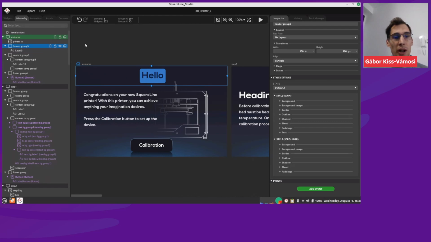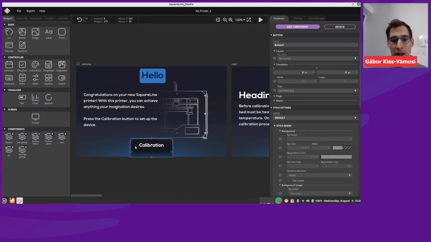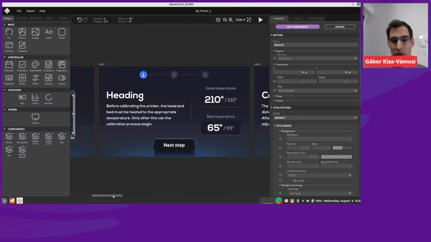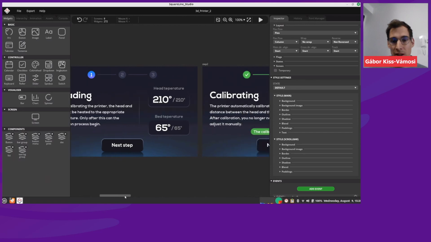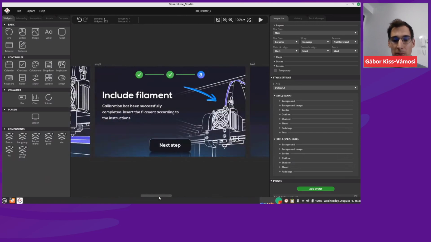I'd like to show you another important thing in the first version of SquareLine Studio, and these are the components. Typically on every UI, there are items which are used multiple times. For example, this button is used here, but it's used on the next screen, and here as well, and here as well, so many places.